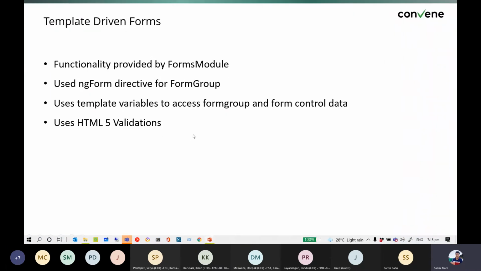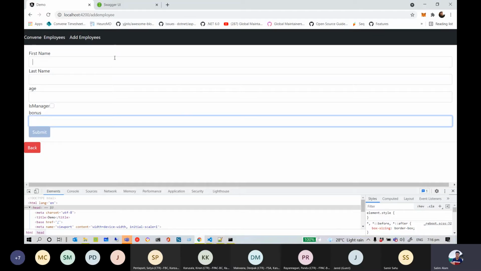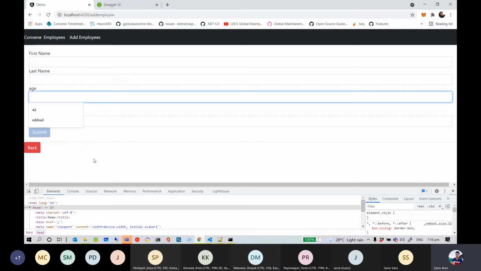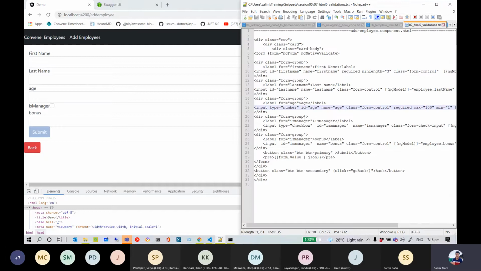And we use HTML5 for validation. So we may need to say that the first name is required, the last name is required. Age has some conditions, say the minimum age should be this and the maximum should be that. So we can handle it in template driven forms using HTML5 attributes. That is, say if I say it's required,